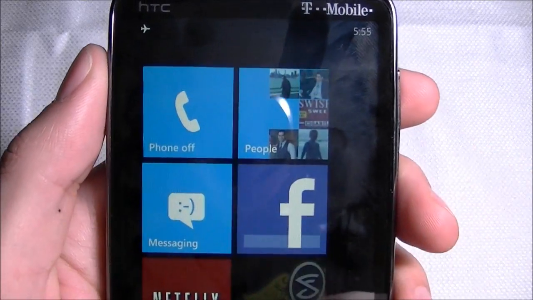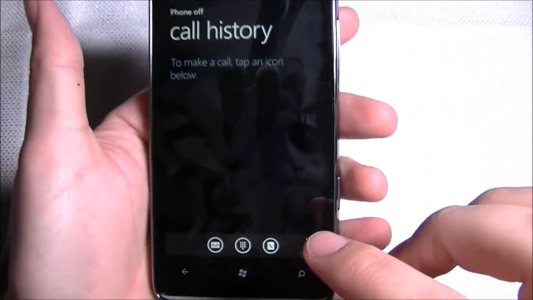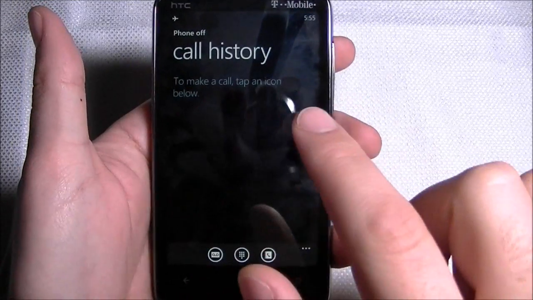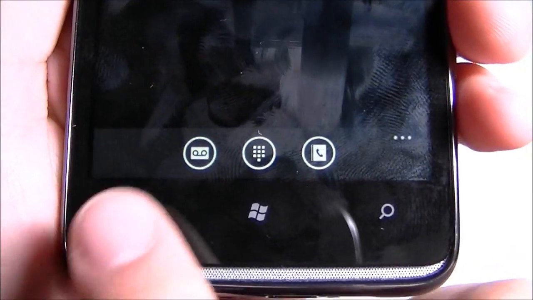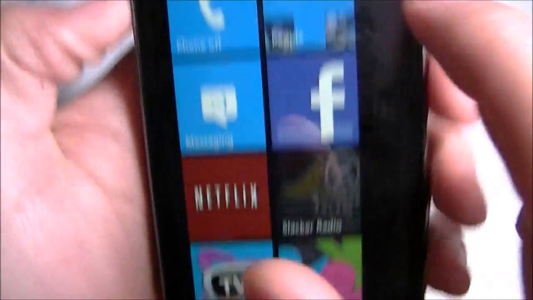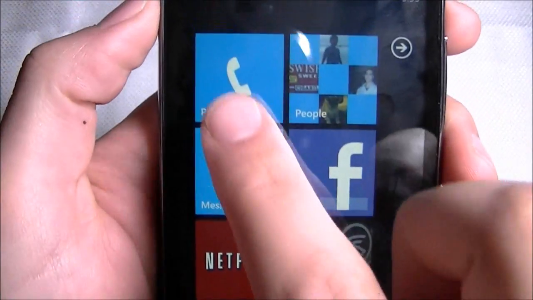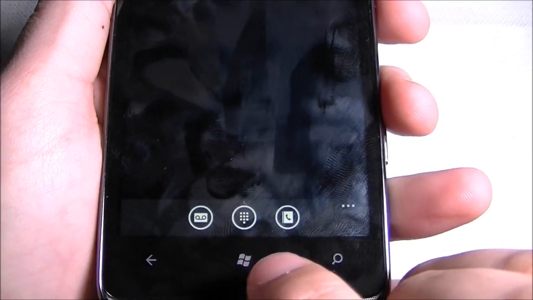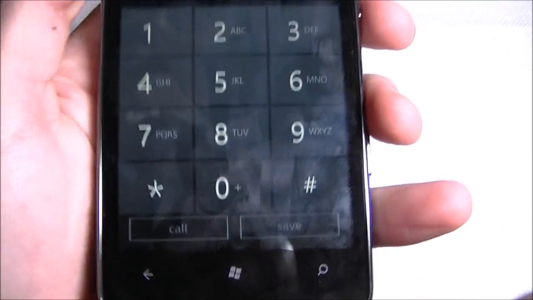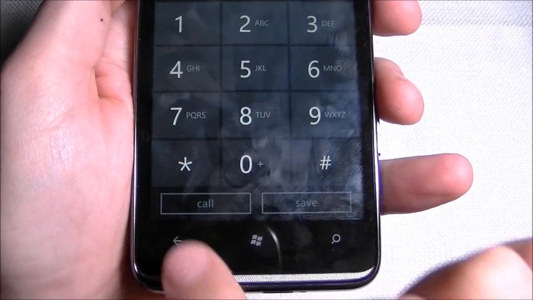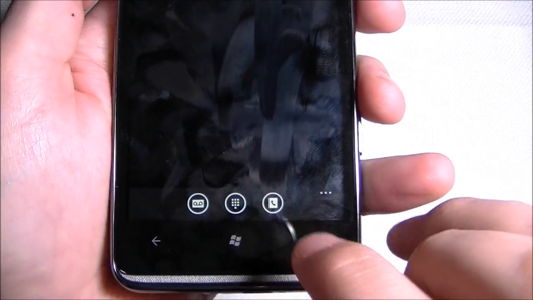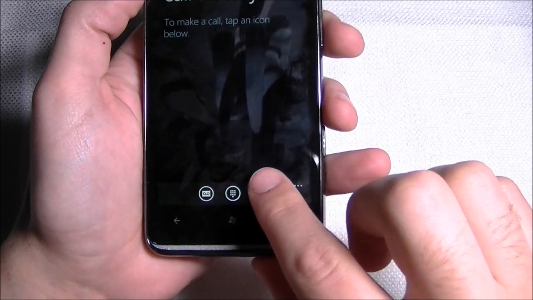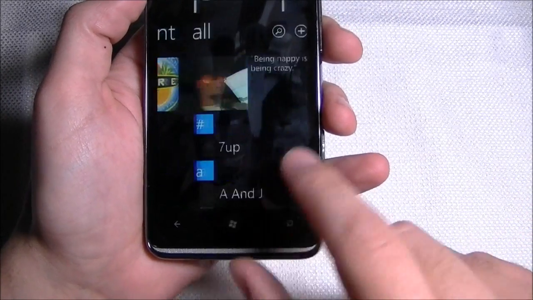Let's go to the phone app right here. The first thing that you're always going to see when you go into the phone app is the call history. Right here on the bottom we have a voicemail button. Sorry, I hit that capacitive button. It's kind of hard to see. We have the voicemail key, the keyboard button which pops up the phone dialer. Just go back, and your phone book. Your phone book, when you press on this third button right here, is going to take you to your People